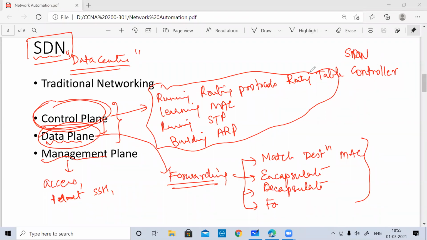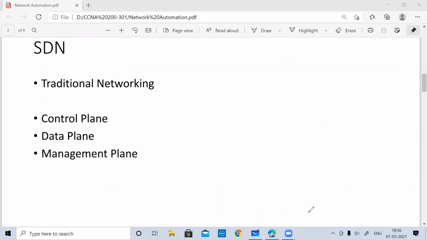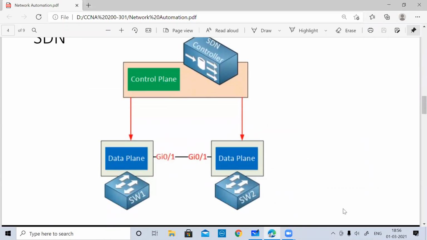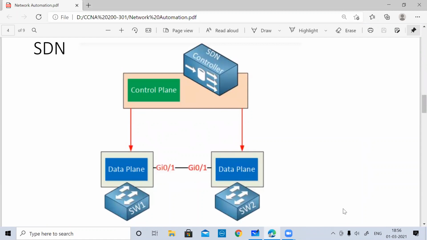So you will find the controller will manage the control plane, and it is going to interact with the data plane for forwarding or for pushing this information. And data planes are nothing but your same old routers and switches, but now without much intelligence, only doing whatever the controller says. So there is not much of a brain they will involve to process or to learn about all other things. I hope this is clear. This was already discussed in my previous class, but I still tried to give you a brief recap. I will then give you this in a figure to understand how it looks.